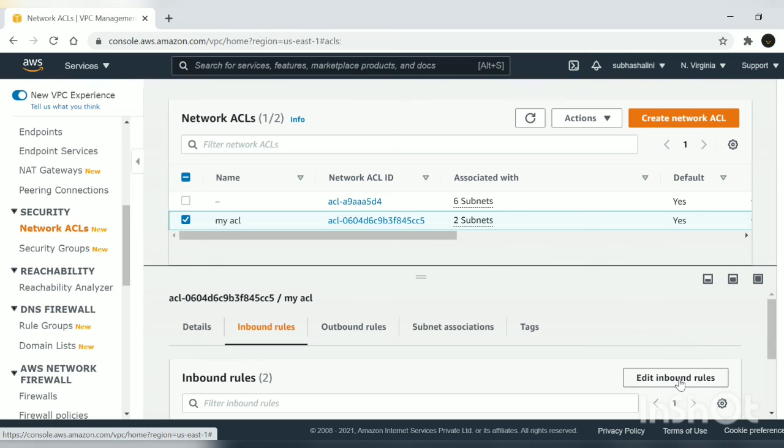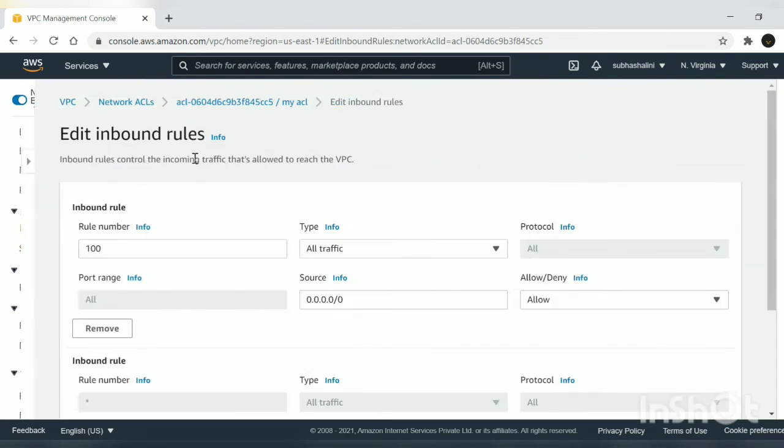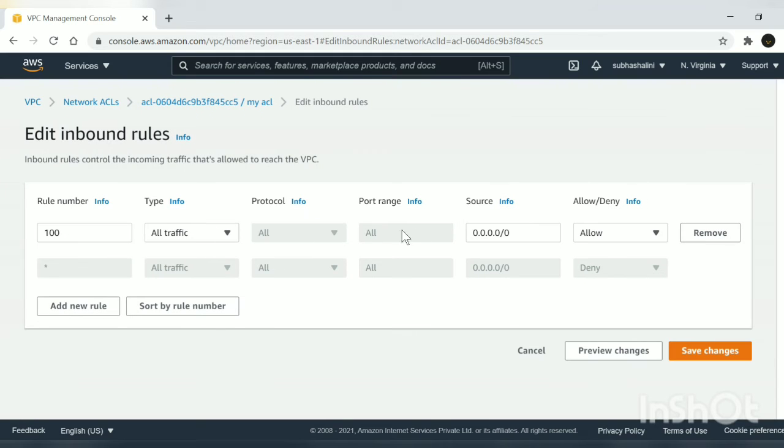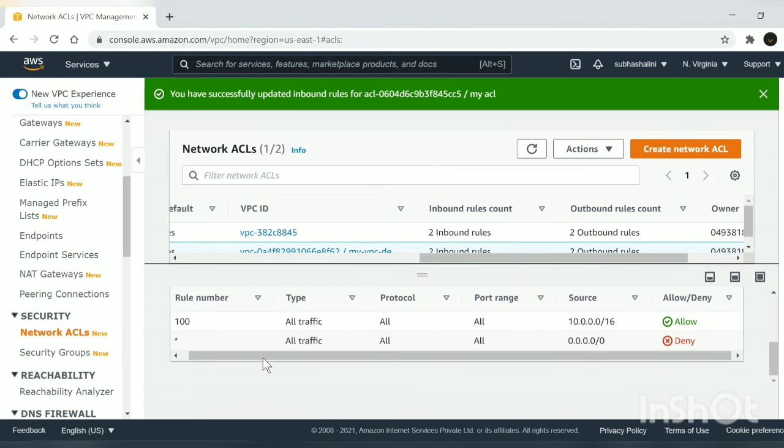So go to edit inbound rules and there you can change the source into your IP. Now we have edited our network ACL. We have seen that inbound rules have been changed.